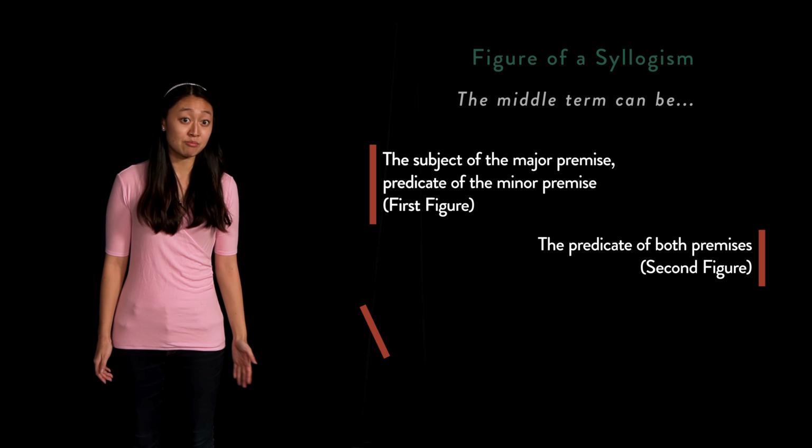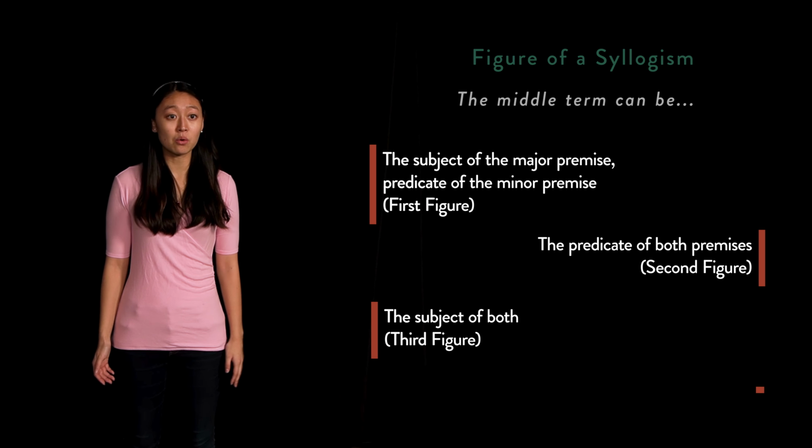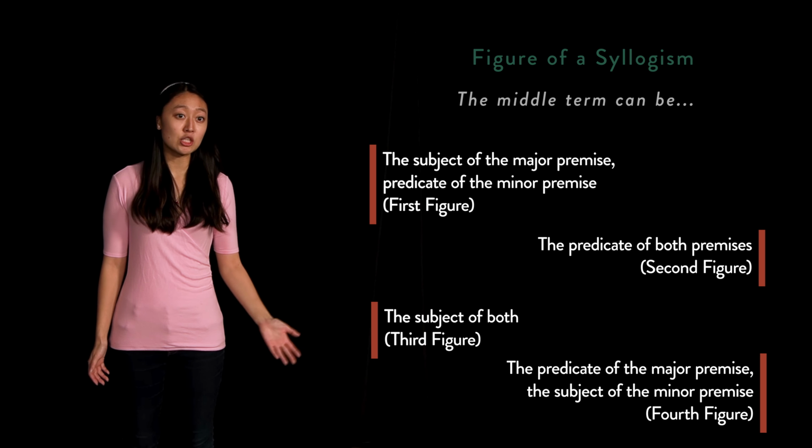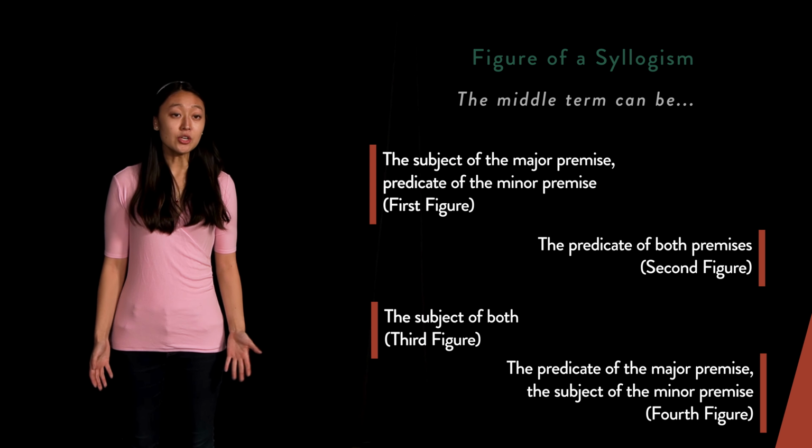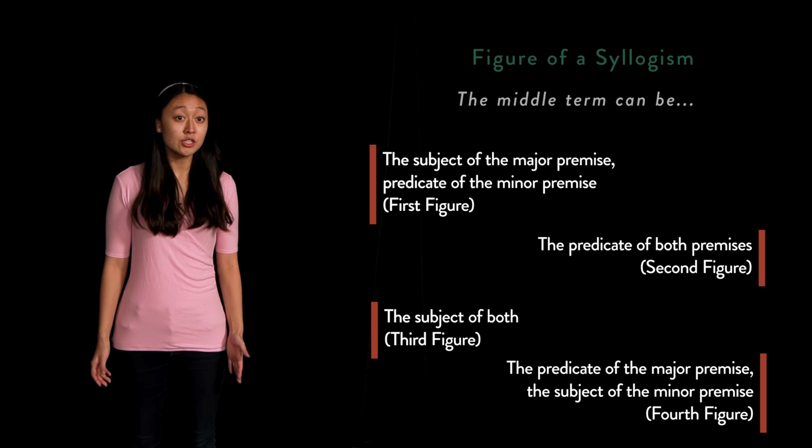Third, it can be the subject of both premises, called the third figure. Or fourth, it can be the predicate of the major premise and the subject of the minor premise, called the fourth figure. Understanding the figure of a syllogism and how to determine it is important, because through it we can recognize